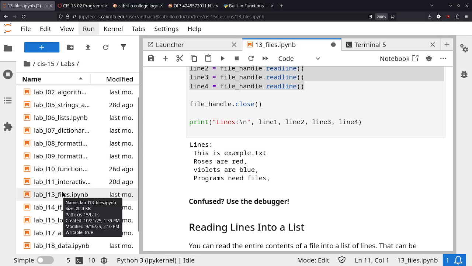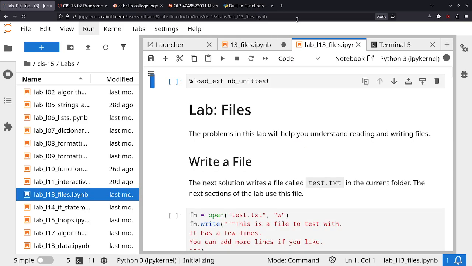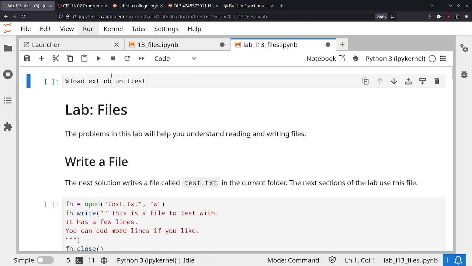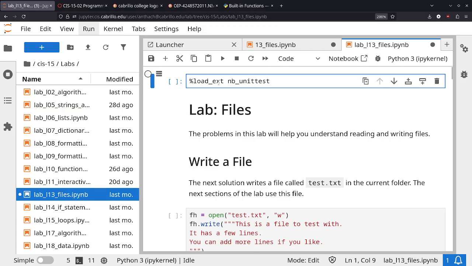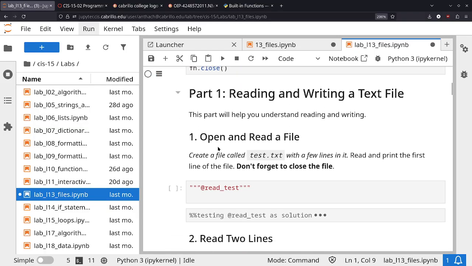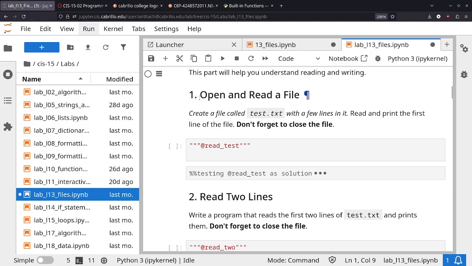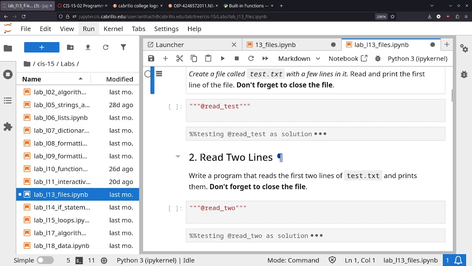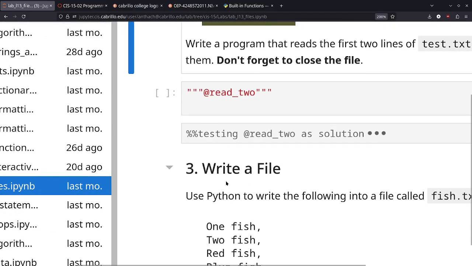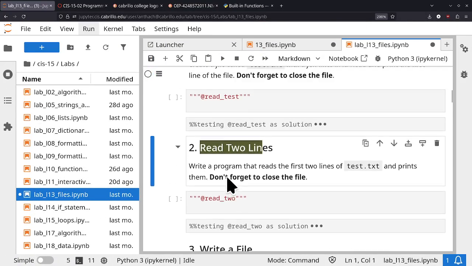Okay, lab number 13. And there it is. Cool. Let me go ahead and load this first cell in. All right, so you should be able to get number 1 and number 2 done. Pretty much open and read a file and then read some lines. But not number 3 yet. Number 3 is writing a file. You could try this if you want to get ahead of the game, but let's try to get 1 and